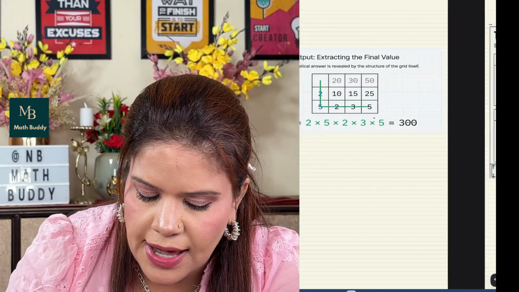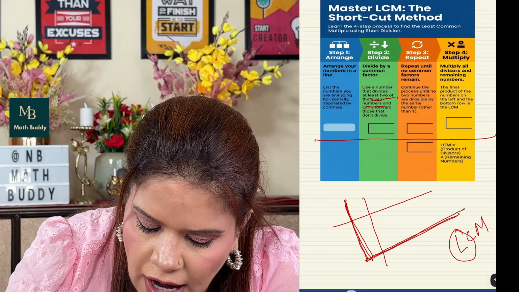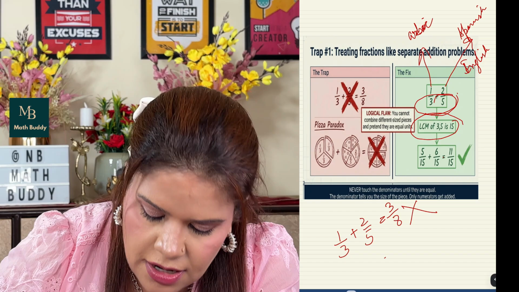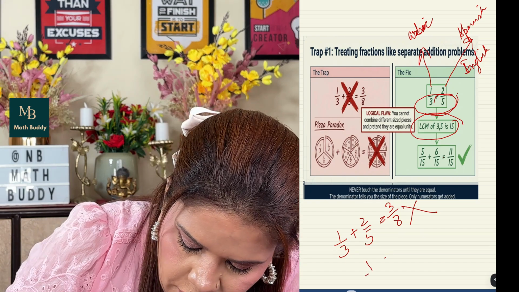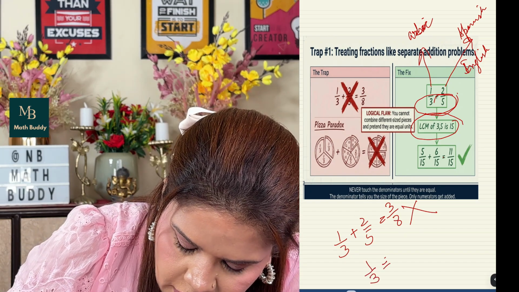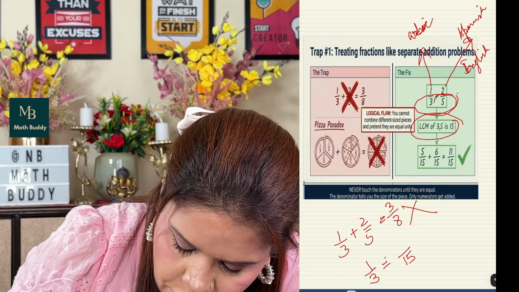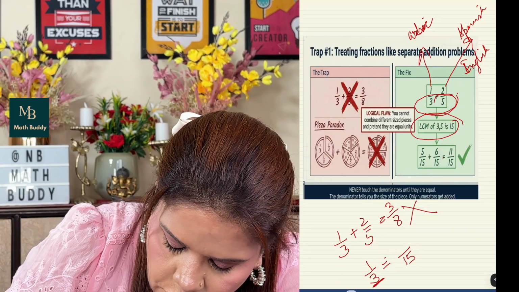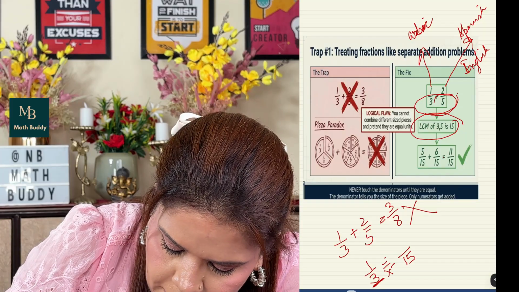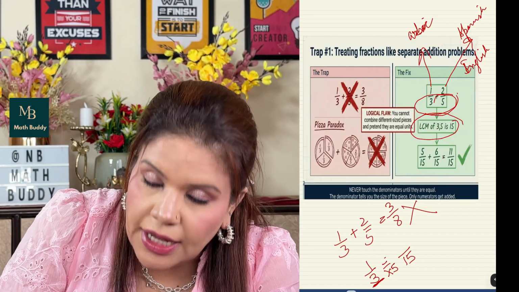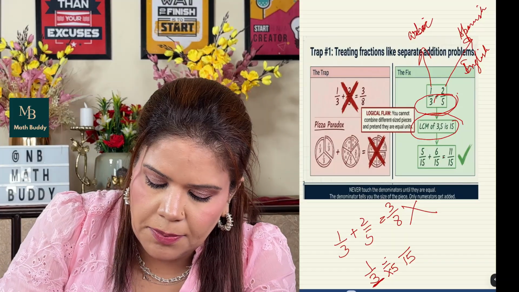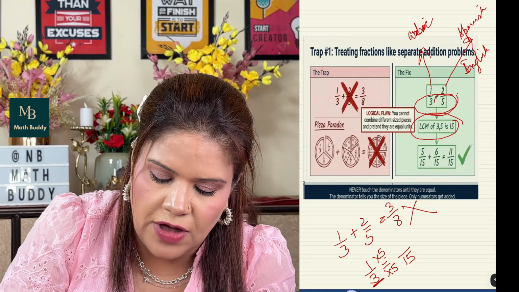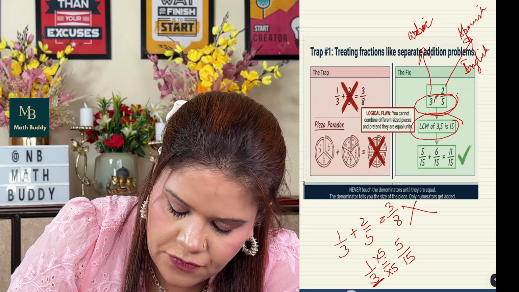So here comes the LCM step, and then what we have to do after finding the LCM. I found the LCM as 15. Now I will convert the denominator of the first into 15. Can you tell me how I can go from 3 to 15 only by multiplying by 5? And in fractions, if we multiply the denominator by 5, we need to multiply the numerator also by 5. So 1 by 3 will become 5 by 15.